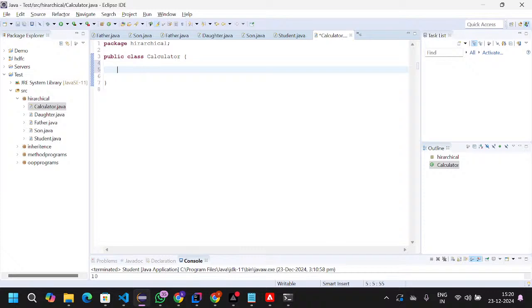Now here actually can mention I would like to take the method void add method, and here I would like to take int a and int b, and from here to here this is the scope of the method, and here actually I would like to do addition of two numbers. Addition of two numbers, int result equal to a plus b, and similarly we can do with